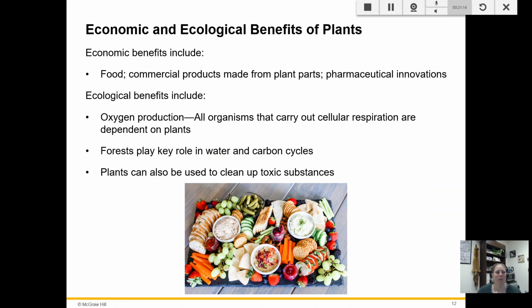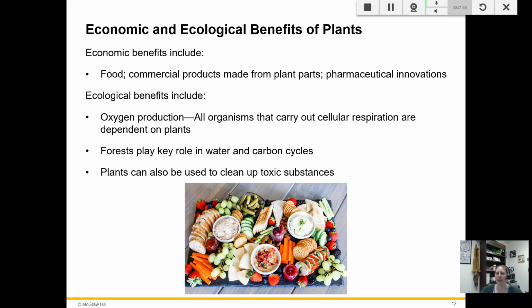So, economic and ecological benefits of plants. Well, obviously they are a food source. We are heterotrophs, they are autotrophs. We rely on plants to convert solar energy through photosynthesis into a sugar that we can use in cellular respiration. A ton of commercial products are made from plant parts, from things like fibers being used to make cotton, wood to make your house, etc. And most medications that we use actually come from plants.